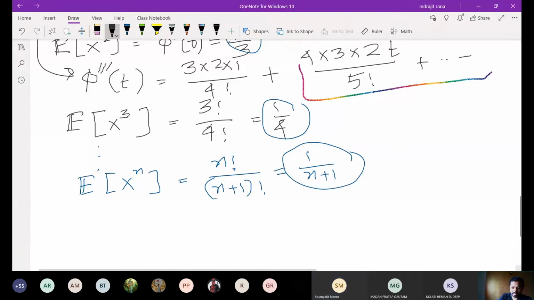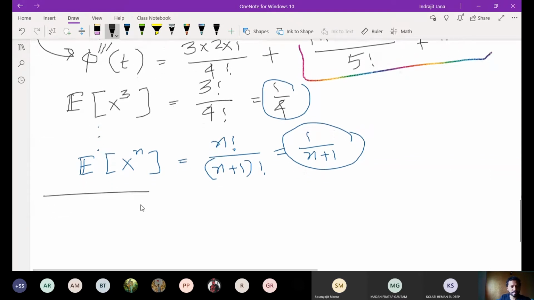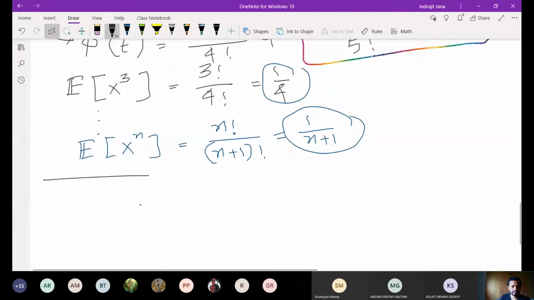All right. So the first part was finding the MGF, and you keep differentiating. This is simply high school calculus, and you will find the expectations. Second part is by the direct calculation. What do you mean by direct calculation? You can calculate the moments without even using the MGF, which is by definition expectation of x to the power n